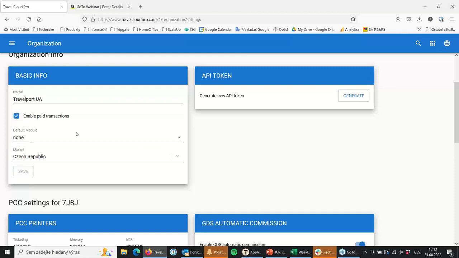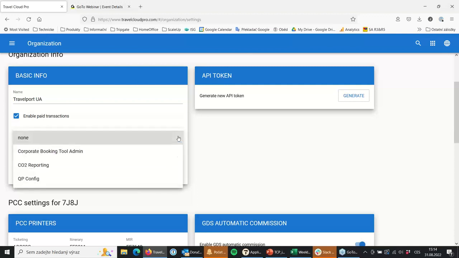Default mode, have it on none. You already saw, and we told it in the first webinars, the TCP Exchange. TCP is a platform not only for the exchange, but also for our other products like the corporate booking tool. Now the queue processor will be placed there, and commission manager.